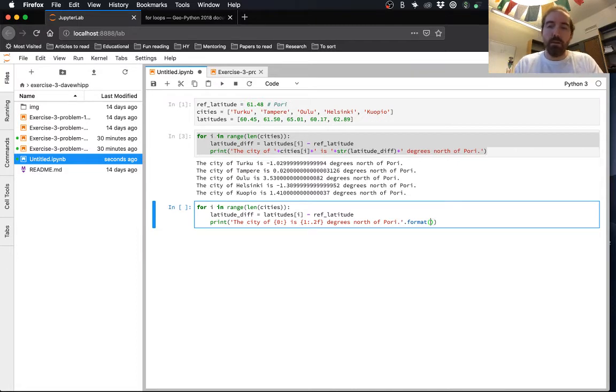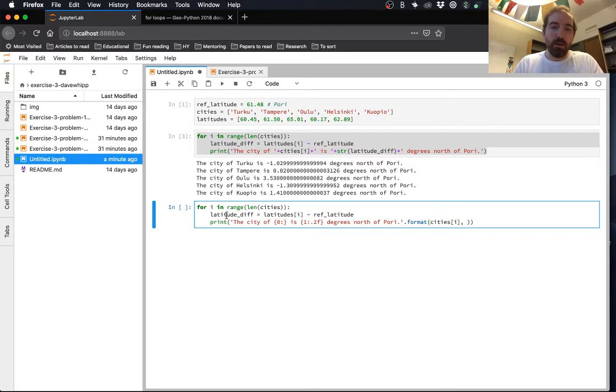method here. And what dot format should include is then the list of values that you want to have formatted in your statement. So we had before cities of I. So each time we pass through here, it's going to go to this place in our print statement and substitute in the value cities of I. We haven't specified anything other than this should just be the first item that's in the list of variables here. So we haven't given any kind of detailed formatting information, and don't worry about that for right now.